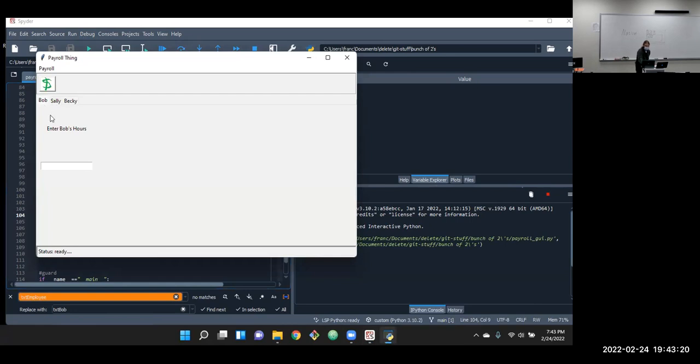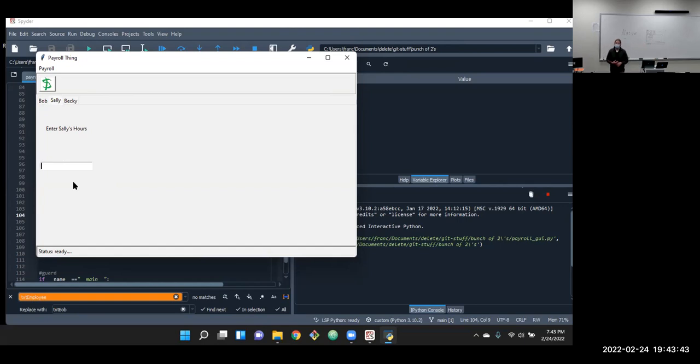Oh, there we go. So the first one, we'll just enter Bob's hours and then type in Bob's hours, hit the enter key, and we'll see his gross pay there right now. Then we can click the Sally tab. Same thing, enter Sally's hours, type in how many hours she has, hit enter.